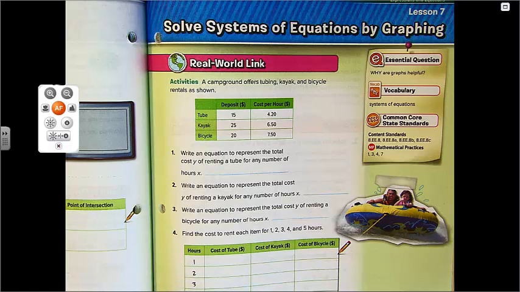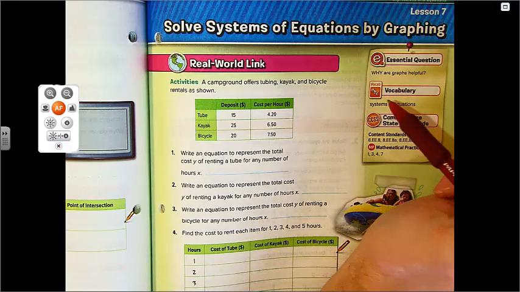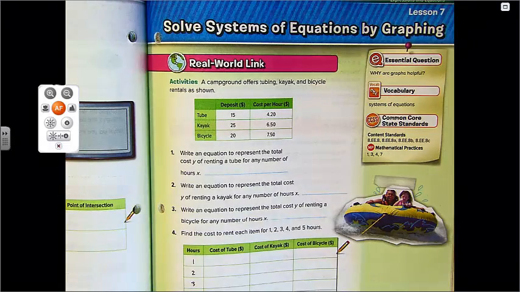We are going to be doing lesson 3.7 today, solving system of equations by graphing. Basically, system of equations just means that there is more than one equation that we're going to be dealing with, or more than one graph. And actually today we're mostly going to be looking at graphs, but we're going to start off with an equation